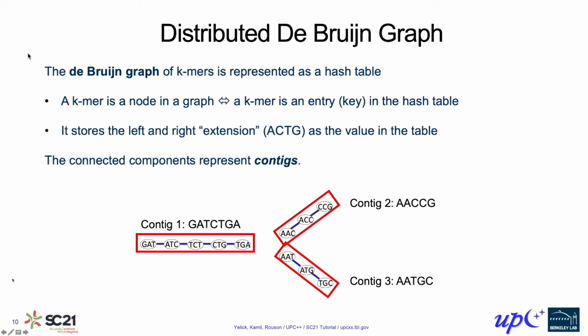The next step in assembly is de Bruijn graph construction. In this step, each K-mer is viewed as a node in a graph, and another K-mer that overlaps in k-1 characters will be connected by an edge. The K-mers are processed in such a way that branches are omitted, so the connected components of this graph will all be simple chains.